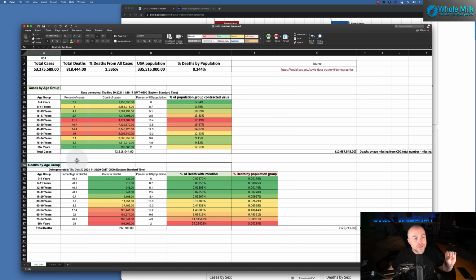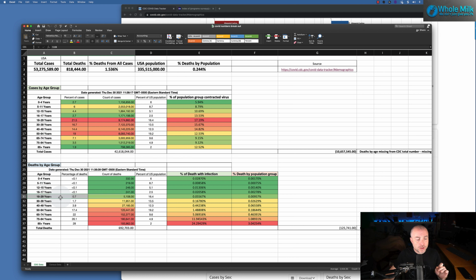So let's look at deaths by age group. Again, same thing, downloaded it right from their site. I added a few more columns, did some color coding on it. So school-age children, 17 to 0 is the easiest way to do this. Out of 0 to 17, these are the total deaths from COVID. This isn't a multiplier here. This is just straight count. There's been 1,038 deaths of people ages 17 to 0. 1,038. Not thousands, not tens of thousands, not hundreds of thousands, 1,038 based on the CDC data.